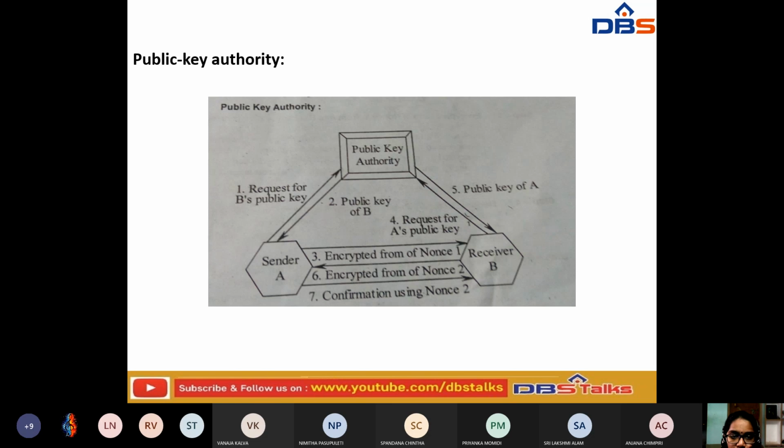So it is issued, and next the encrypted data in the form of a nonce should be sent, and next to receive this data, B has to request the key of A from the public key authority, and the public key for A is issued to B from the public key authority. Okay, whatever data is encrypted, again it will be resent to the sender. After sending that, the sender is given confirmation that it has received that particular data. Okay.